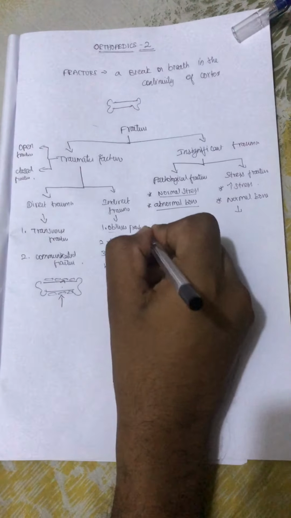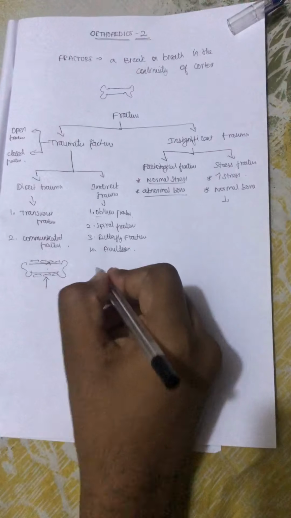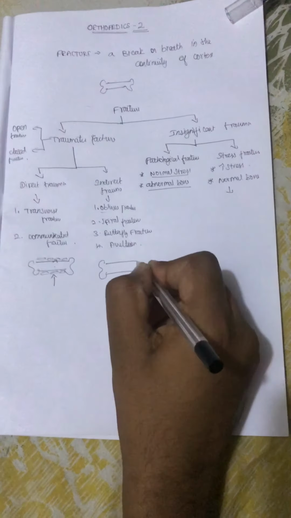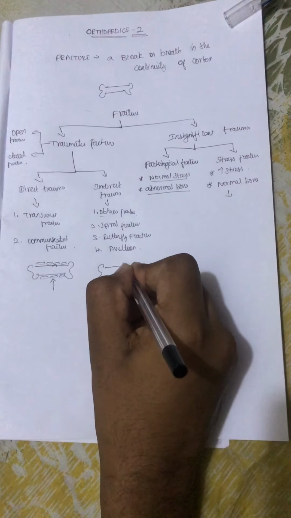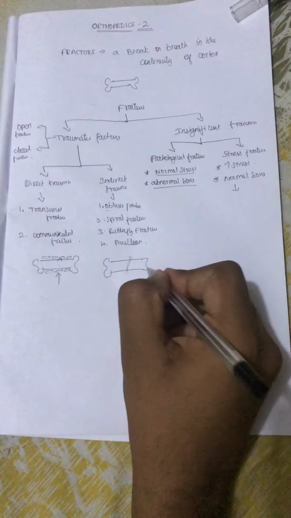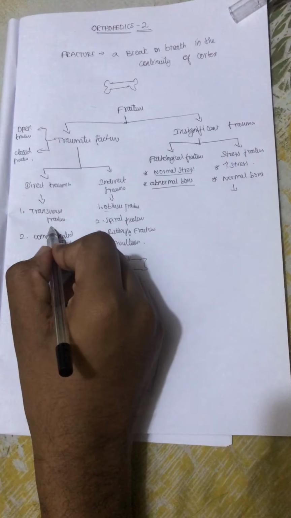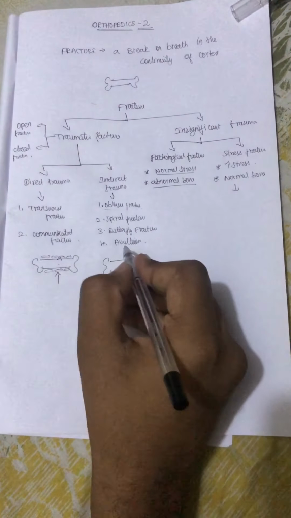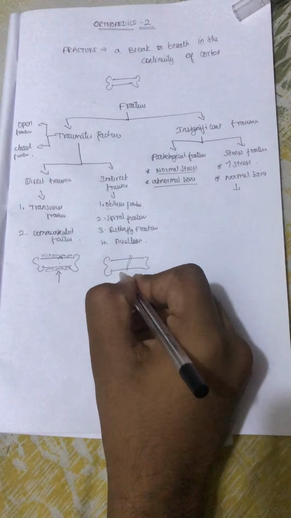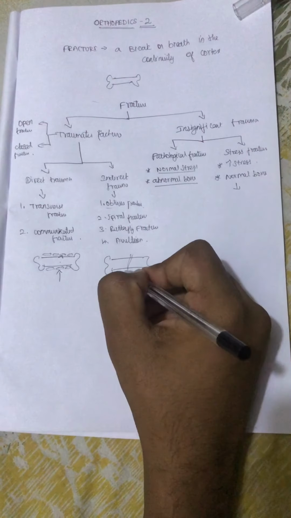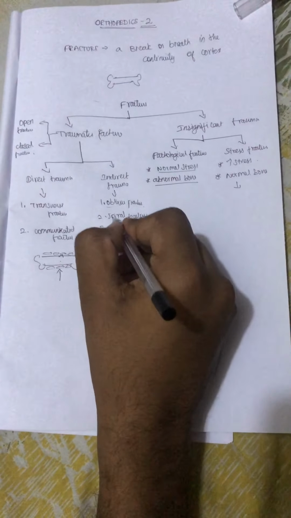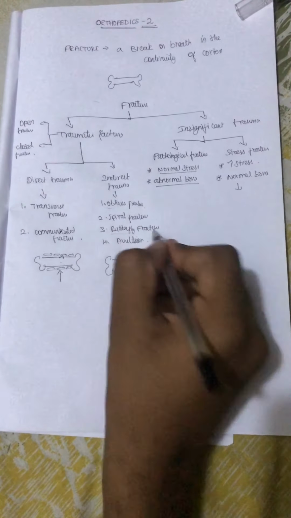What is an oblique fracture? An oblique fracture is damage to the bone which is also a complete fracture at a particular angle. But the difference between a transverse fracture and an oblique fracture is that the hit to the bone is not here, it is somewhere else, which leads to the line of fracture in the bone here. That is called an oblique fracture. Second, before we go to spiral fracture, we will go into the butterfly fracture.